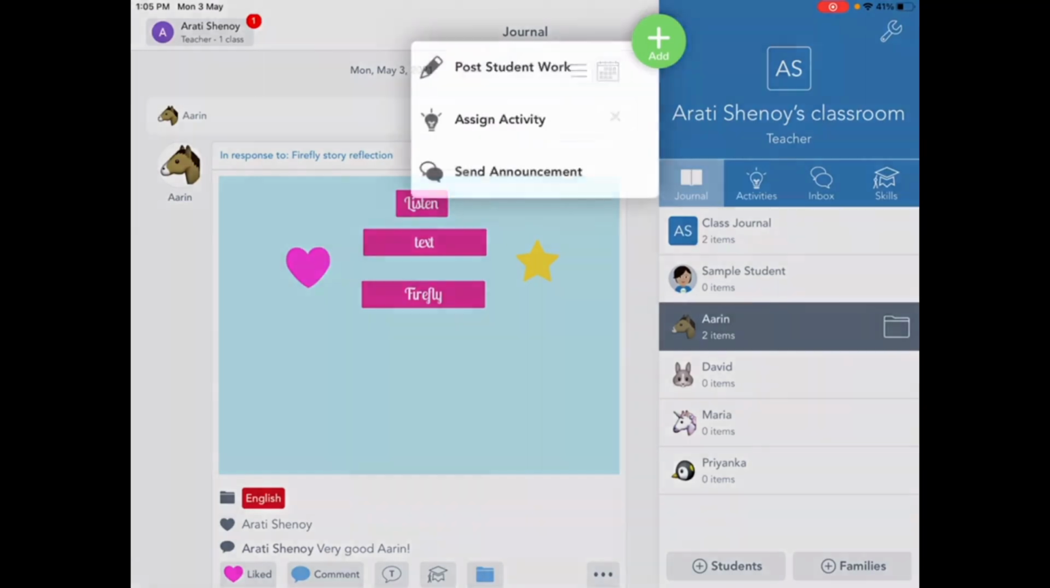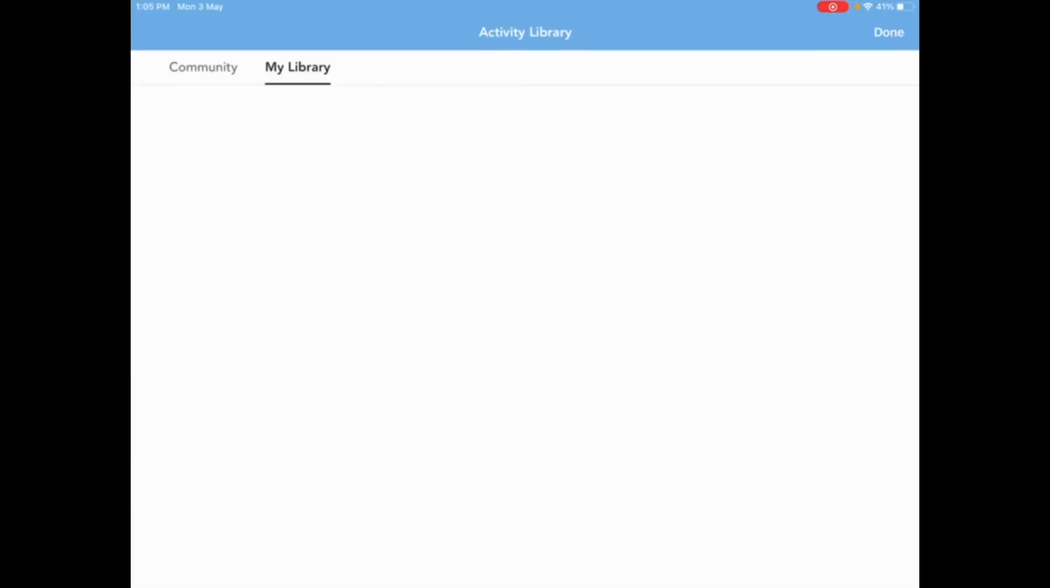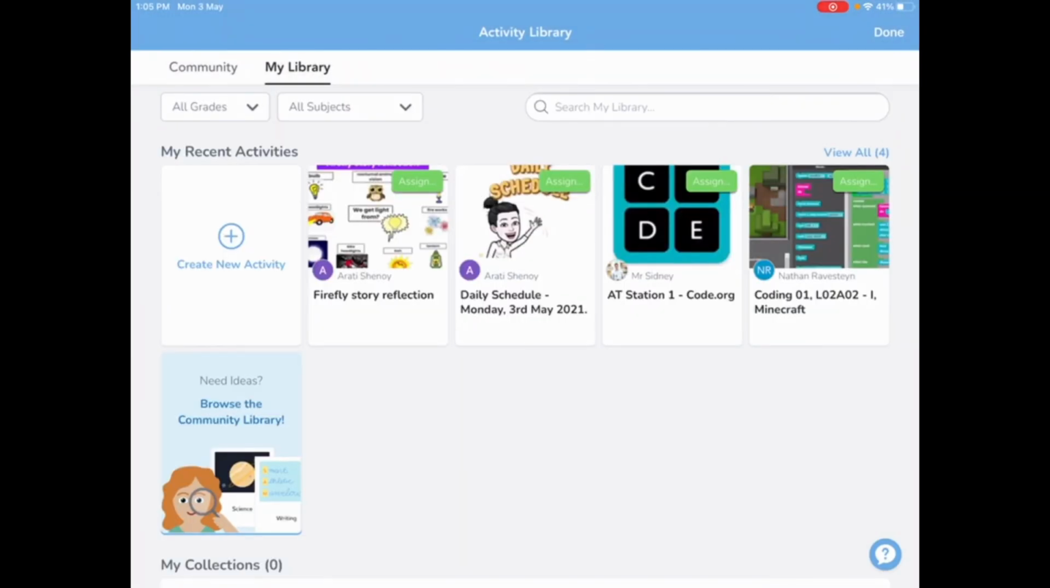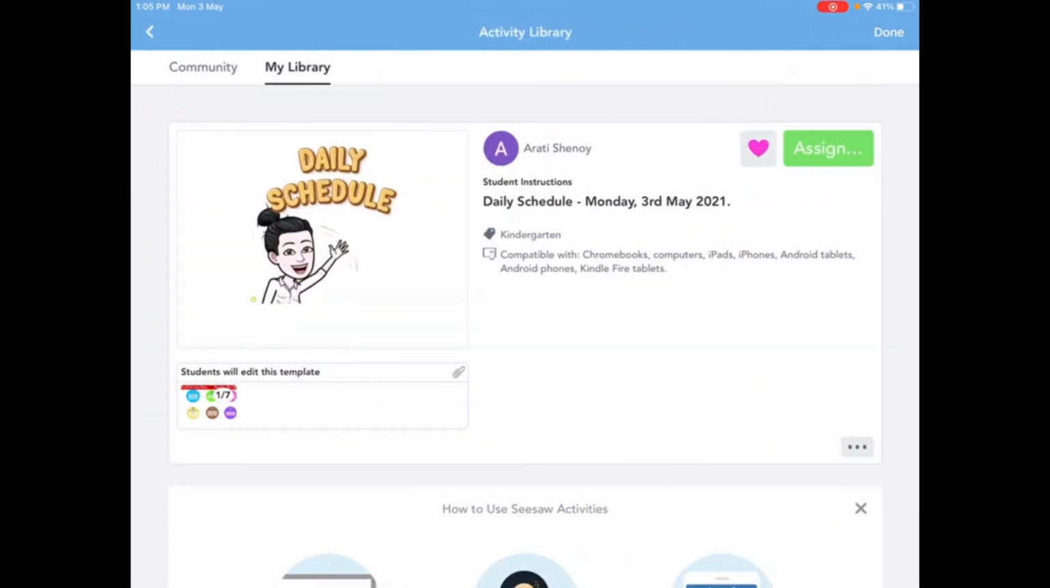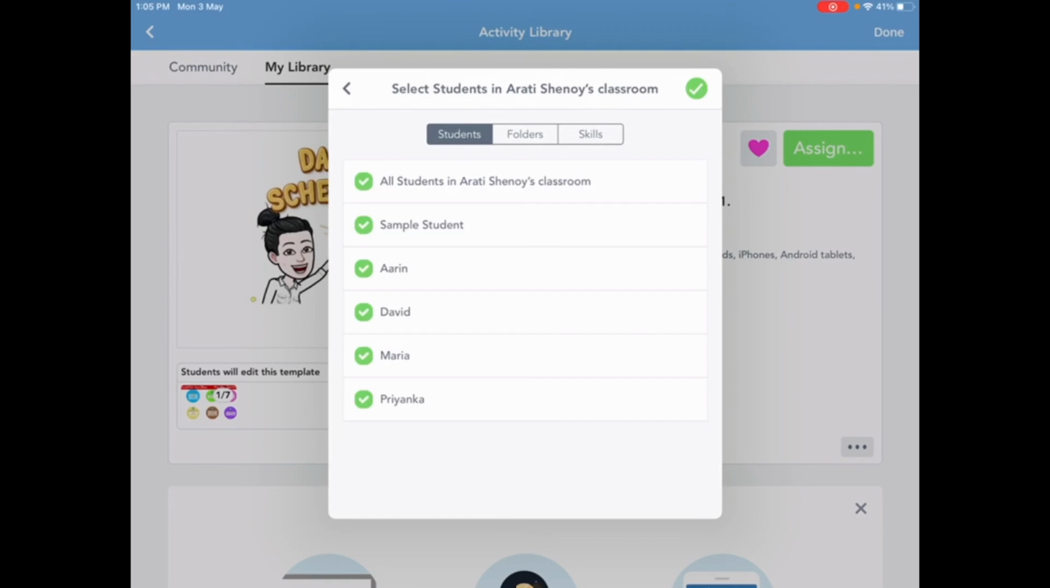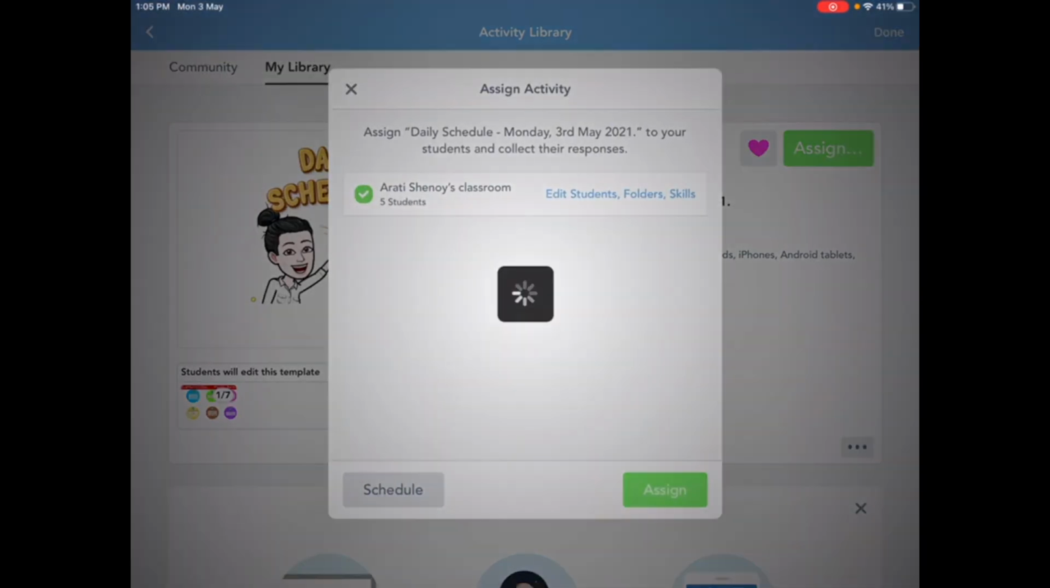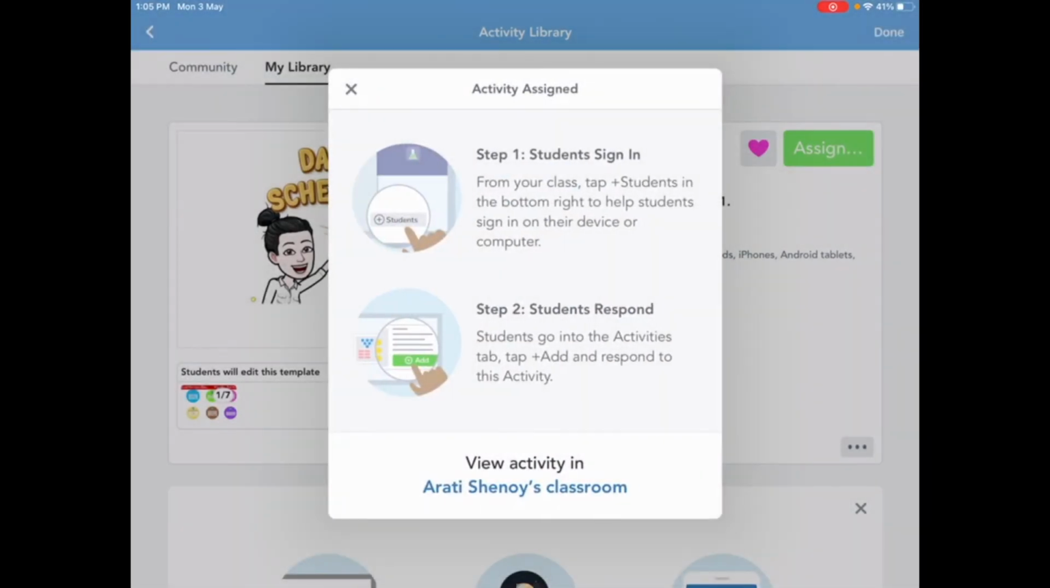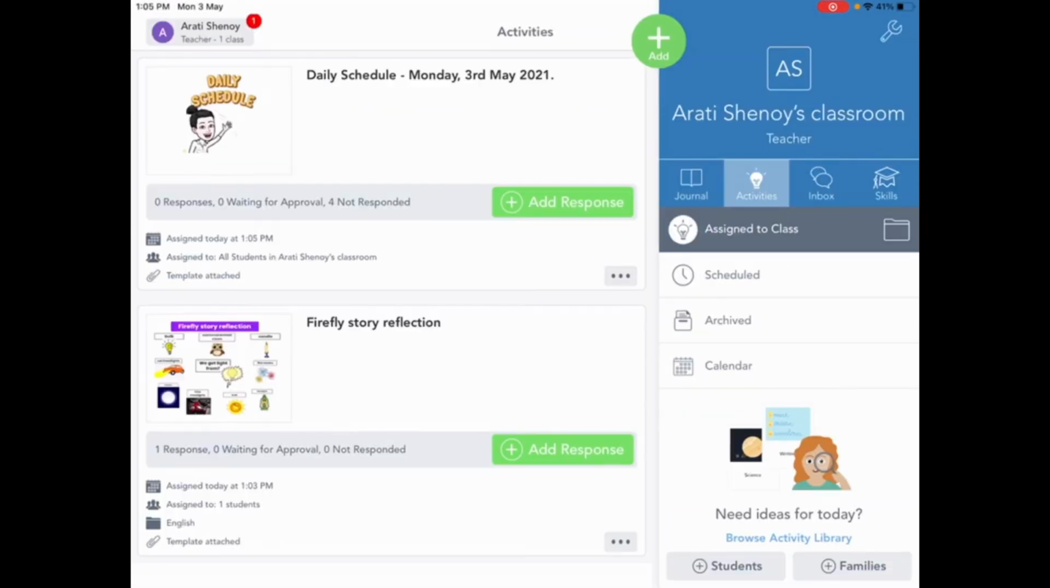I'm going to show you something. I'm going to go into the add button, assign activity. There was an activity that I previously created called daily schedule. I'm going to go ahead and assign this activity to all the students in my class. Going to go back to view activity in Aarti Shenoy's classroom, and you will be able to see both the